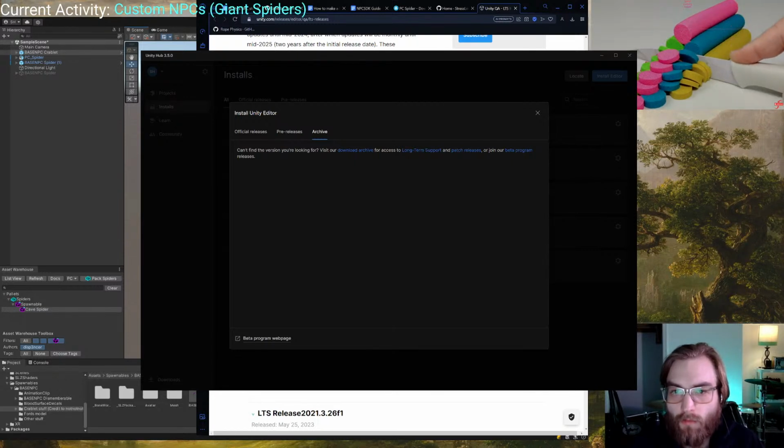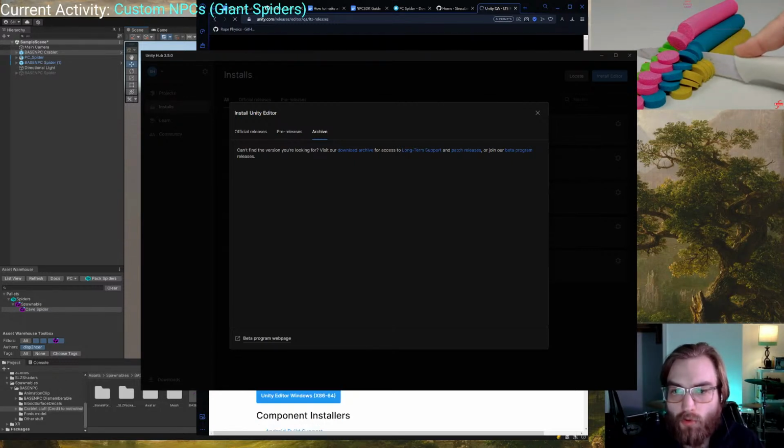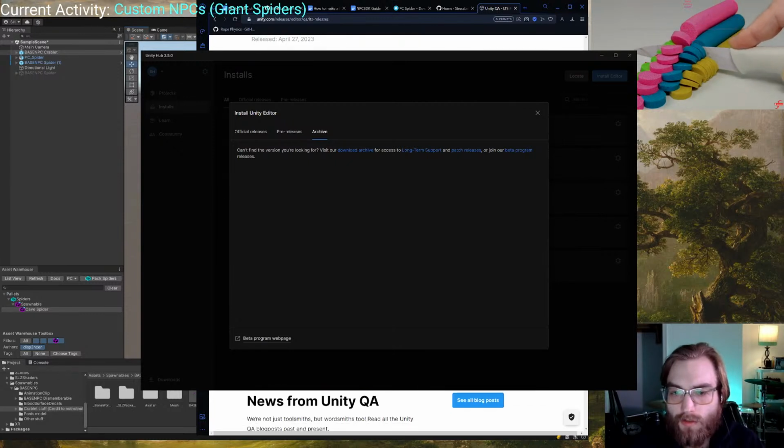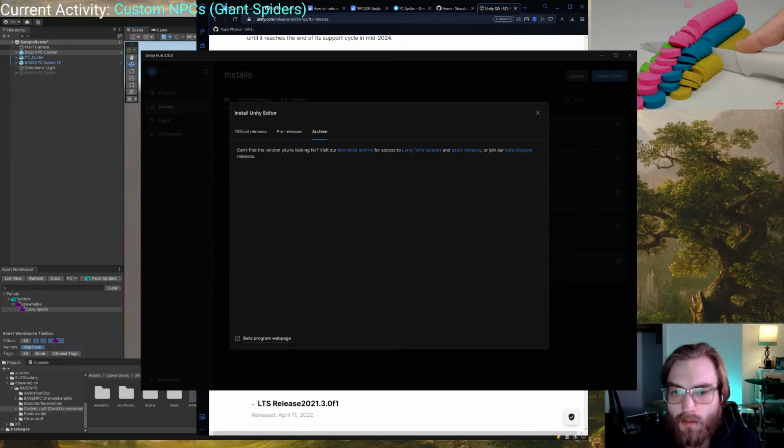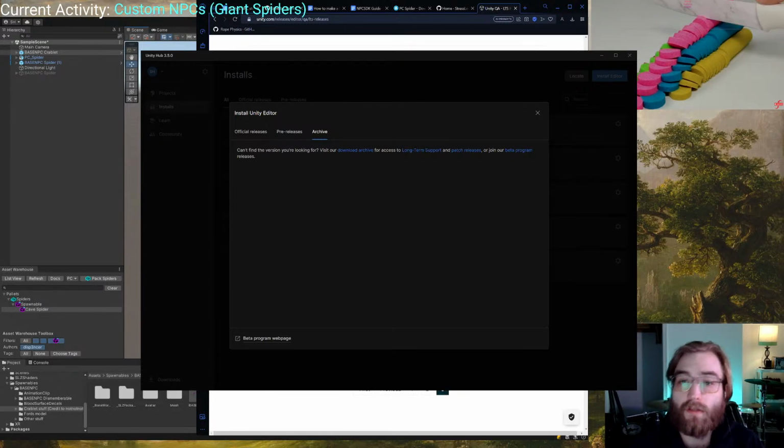If you change it from all to 21.3, you can just go to this third page here and go ahead and download the one that is 2021.3.5 F1. This is the only version of Unity that'll work for Bonelab modding. So once you download that